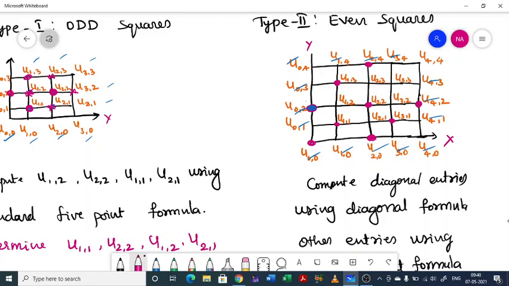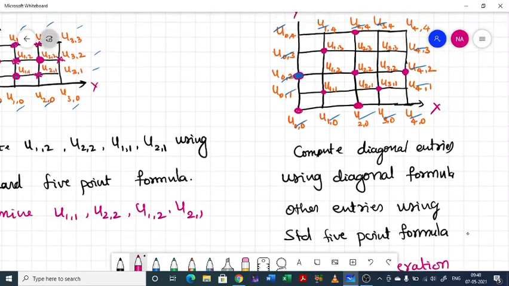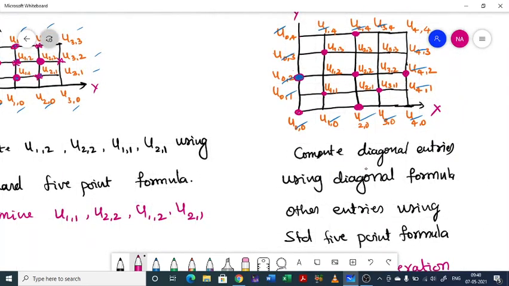But sometimes you will be asked to apply the process iteratively to get a more accurate answer. So that is called the Leibniz iteration process. You will be asked to apply the Leibniz iteration process. So what is Leibniz iteration? See, to apply Leibniz iteration, first you need to determine all these entries. Then again you have to find all these entries with these values.